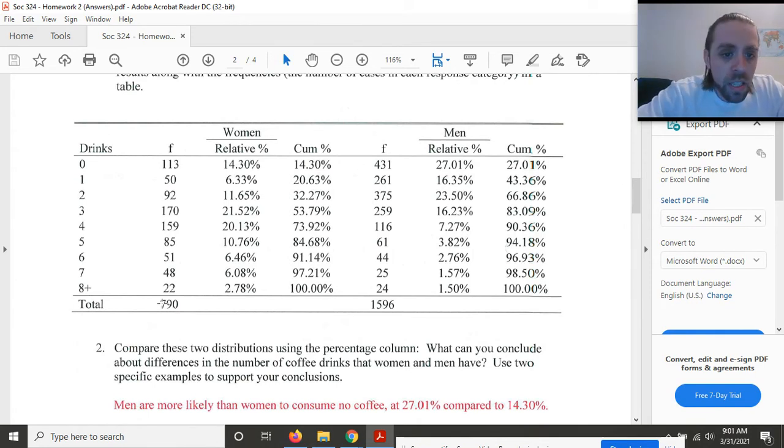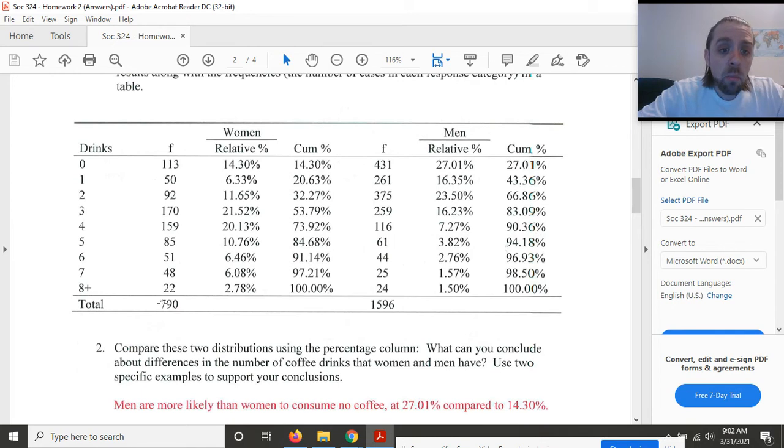So what I want to do is direct your attention specifically to category number 3, that is, 3 coffee drinks in the last week. 170 women fall into that category. 170 women had 3 coffee drinks last week, and 259 men had 3 coffee drinks last week. Therefore, a higher number of men had 3 coffee drinks than women. But look at the relative frequencies. Even though 170 is definitely smaller than 259,